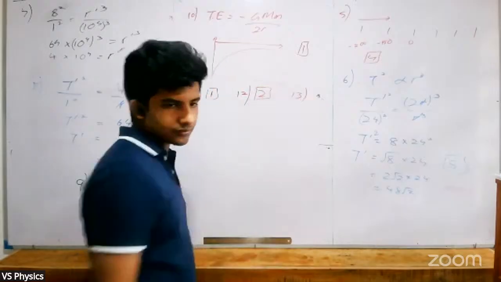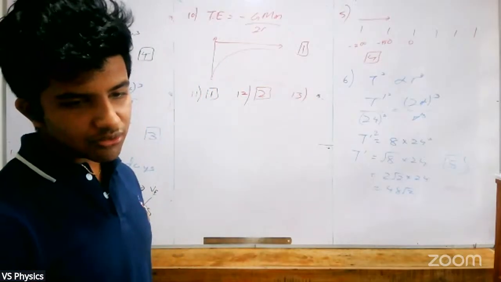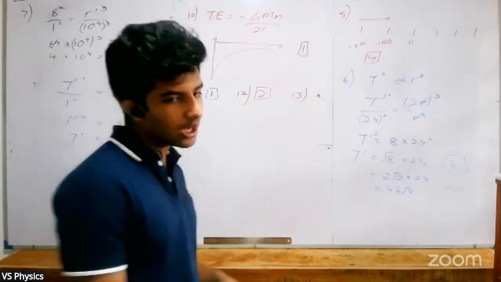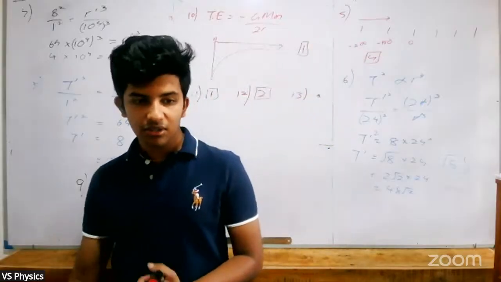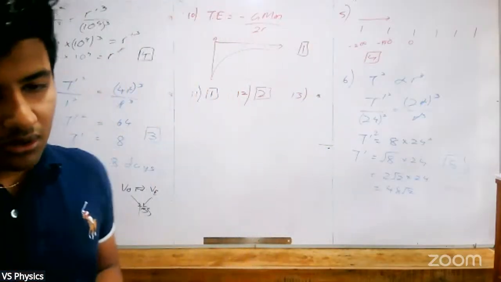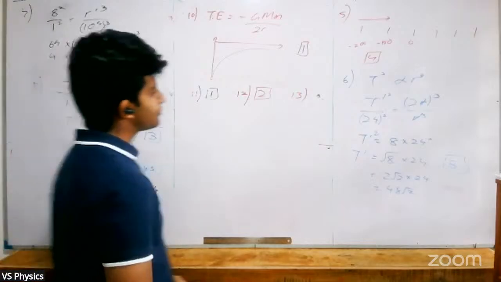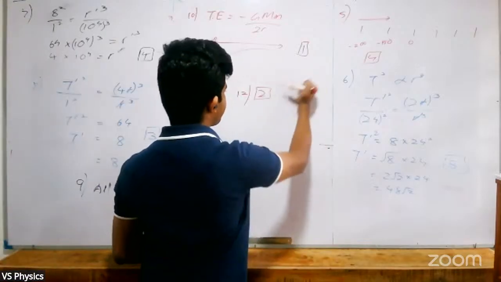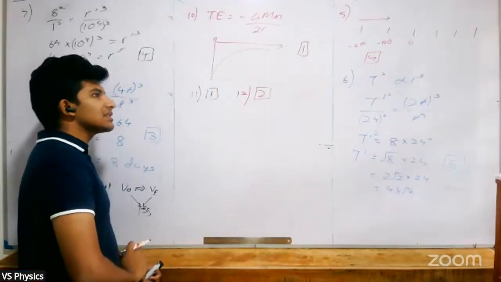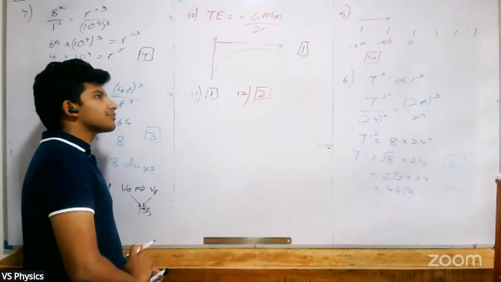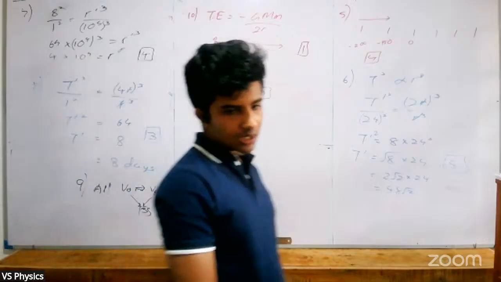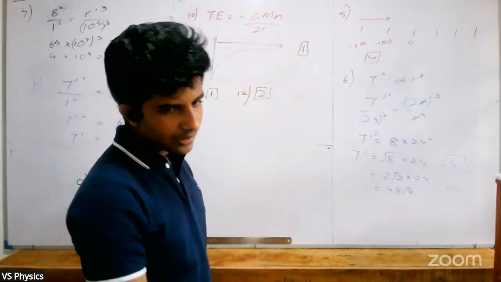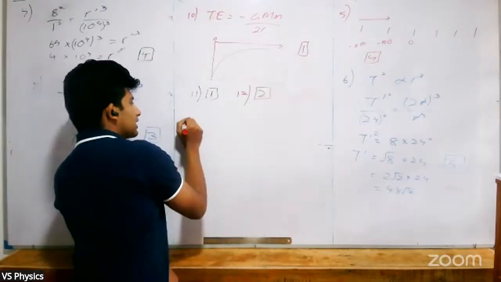13th one. Assume that the Earth revolves around the Sun in a circular path of radius R1 with speed V1. Mars revolves around a circular path of radius R2 with speed V2. What is the ratio of V1 over V2? So it is a nice thing. We are talking about V1 and R1. We can say for the 13th question,